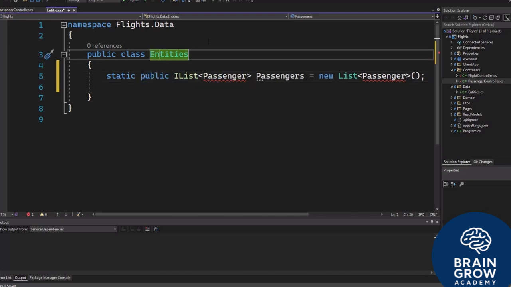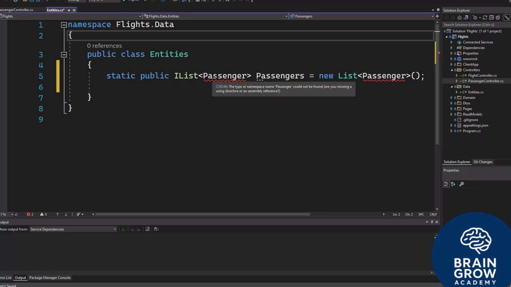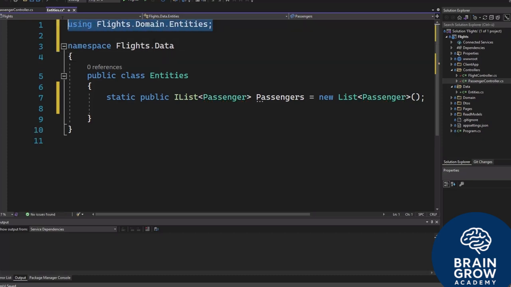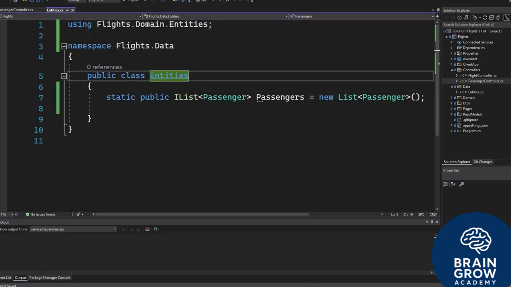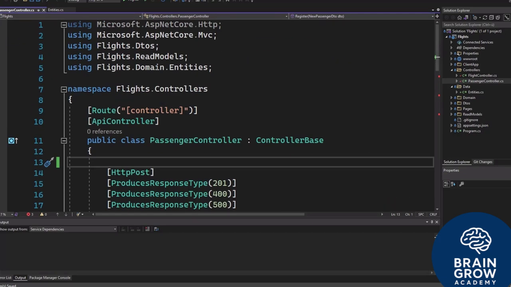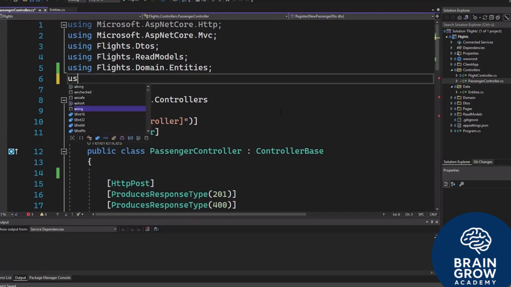Now he also doesn't know type passenger, not a problem at all. Hold the cursor above it or press Ctrl dot and then show potential fixes and implement the using flight domain entities namespace right here. Now switch back to our passenger controller after saving. You can see that we have some errors here. Let's go ahead and import a new namespace using